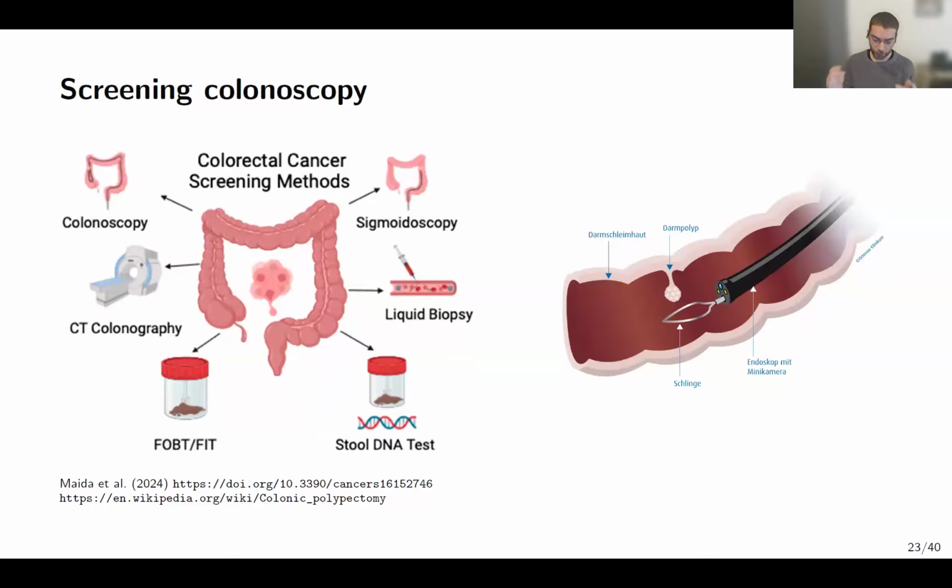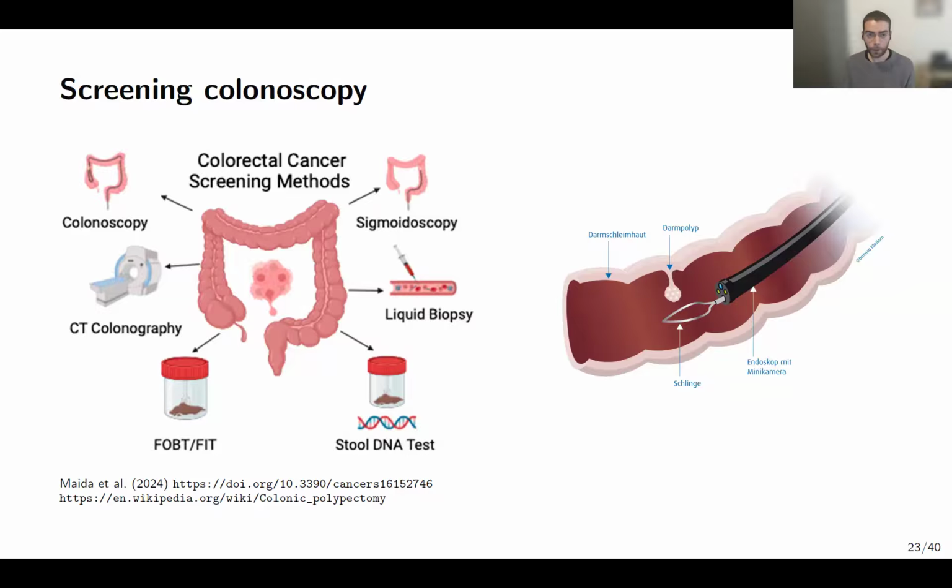On one hand, during the screening procedure, you can identify individuals who have colorectal cancer or are likely to develop colorectal cancer soon. On the other hand, during the procedure, with the same tool that you use for the assessment, you can actually remove abnormalities in the tissue, these so-called polyps. And so at the same time, this screening colonoscopy will help you with the diagnosis, but it will also reduce the probability that you will have a diagnosis in the